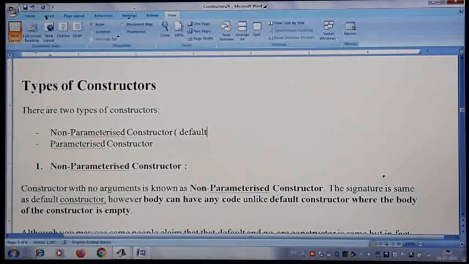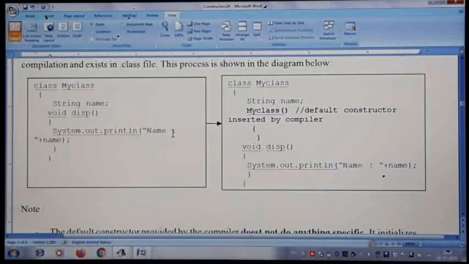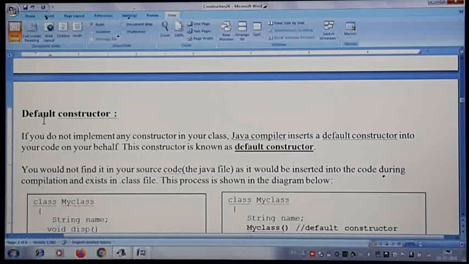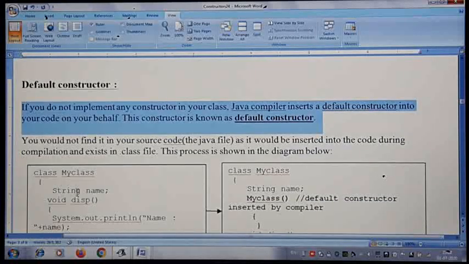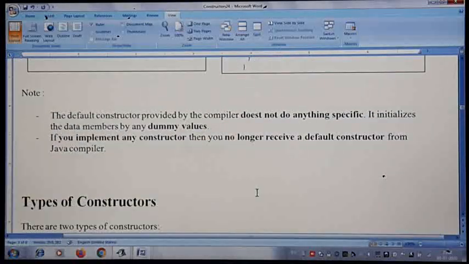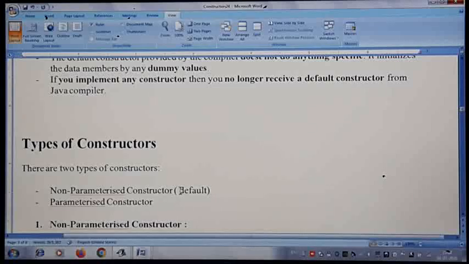Non-parameterized constructors are also called default, but in the examination if they are asking you what is a default constructor, you are supposed to write the definition I have given you here. When you don't have a constructor for your program, the compiler will give one, and that is the default constructor. But non-parameterized constructors are also sometimes called default constructors, though both are not the same. In a question they may give it to you like that. Do not confuse it with the non-parameterized.